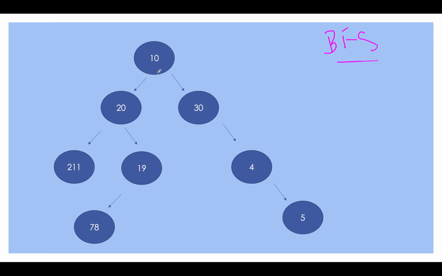How are we going to do that? At each level, what elements are we interested in? We are interested in 10, we are interested in 30, we are interested in 4, and we are interested in 5. So the typical way of writing the BFS traversal, the only caveat here is to identify whether that element is the first element or not. That's also pretty simple.